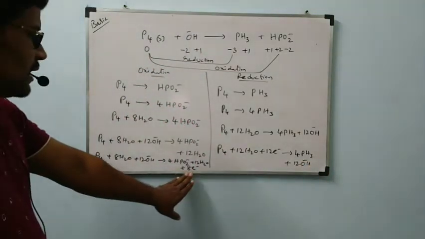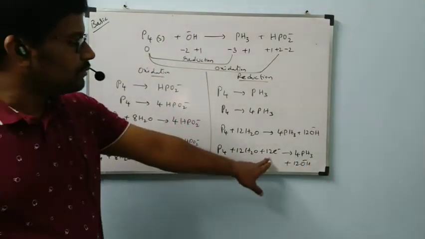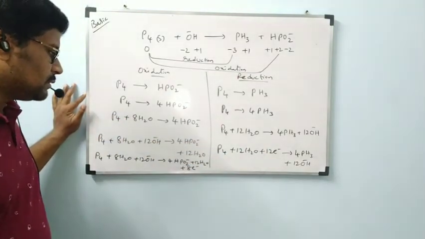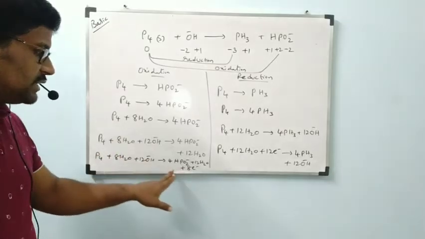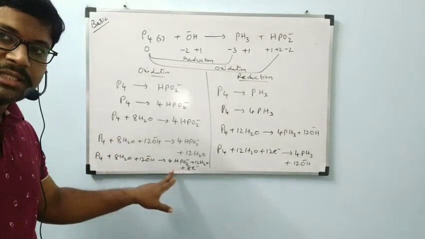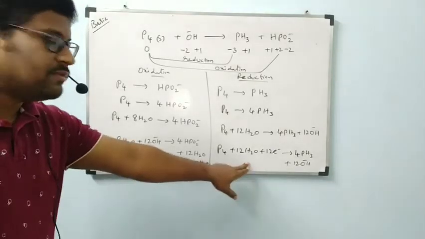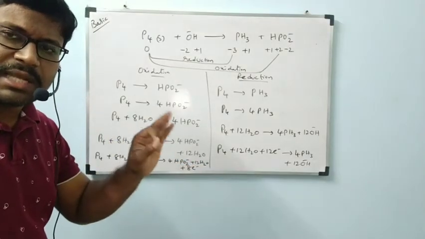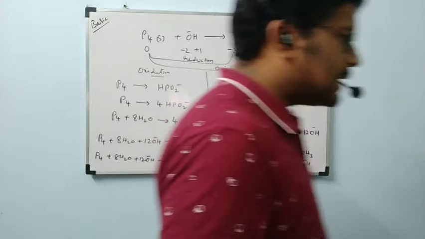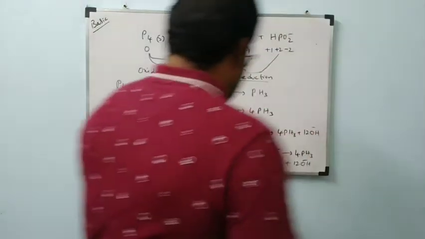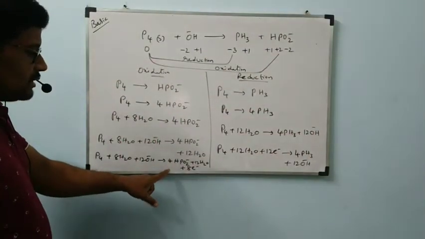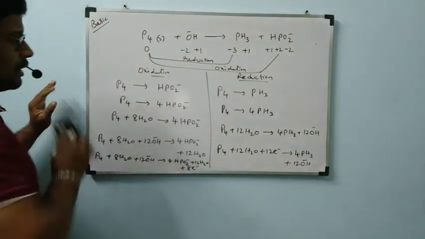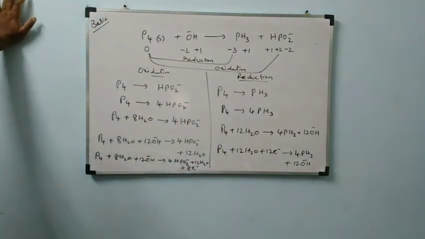On this side we have 8 electrons. Here we have 12 electrons. If you multiply this one with 3, 8 3s are 24. This one with 2, 12 2s are 24. Anyways, we have to get the same number of electrons. Okay, let us see now. This equation must be multiplied with 3. This equation must be multiplied with 2. Okay, now note down first neatly.